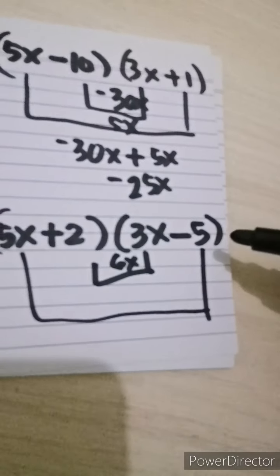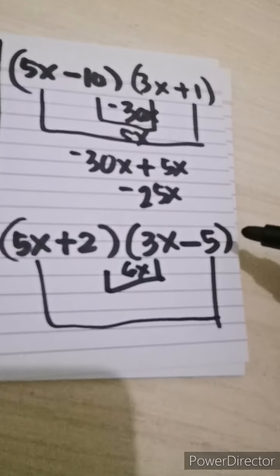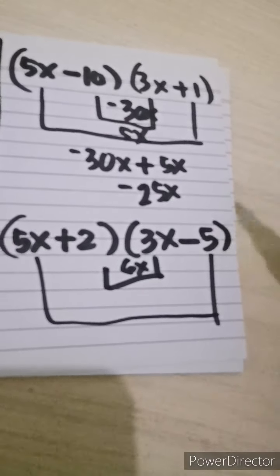And this is 5 times 5, negative 25x. If you add 6x plus negative 25x, we will get negative 19x. Negative 19x, positive yung ating hinahanap. So, isa pa ulit. Ibig sabihin, yung 5x plus 2 times 3x minus 5 is not a factor